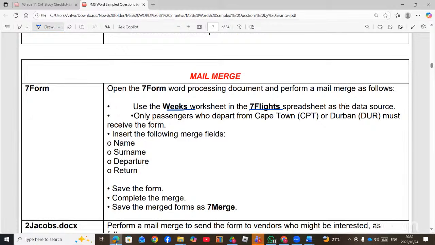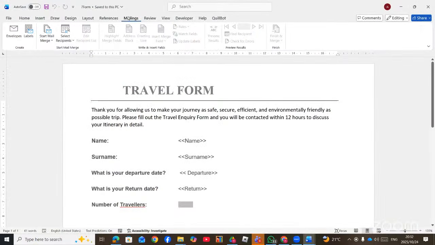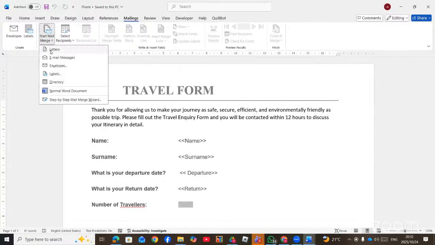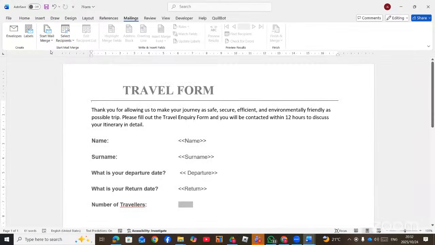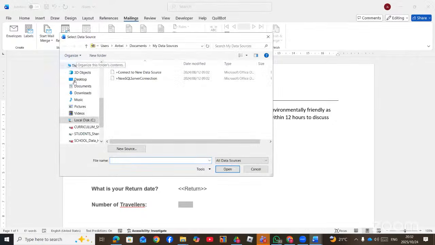So now I open it. So to start mail merge, you go to mailings and then you go to start mail merge. Then you choose a letter by default unless otherwise stated. Then the next step is go to select recipient, use existing list. And then